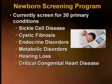all of which are completed from the blood collected on filter paper and transported to the Bureau of Clinical Laboratories for analysis. Hearing loss is initially detected through hearing screening completed at the birthing hospital, as well as critical congenital heart disease, which is detected through a pulse ox screening done at the hospital as well. While you may receive a referral for any one of these disorders, today's focus, as Meredith said, will be on